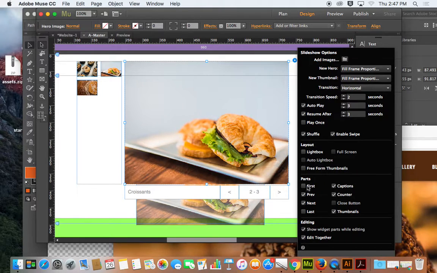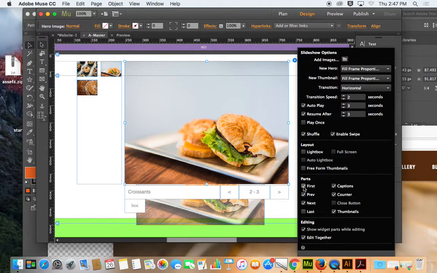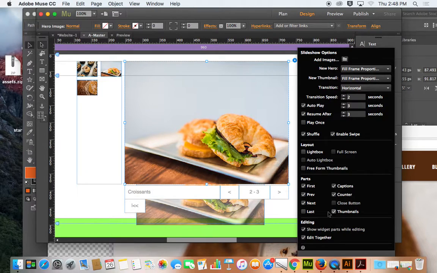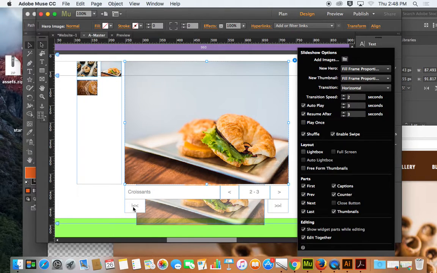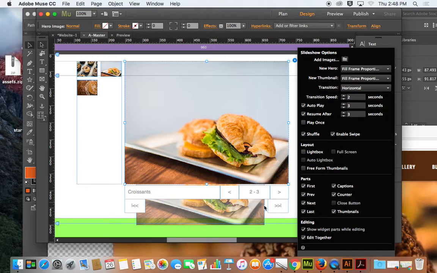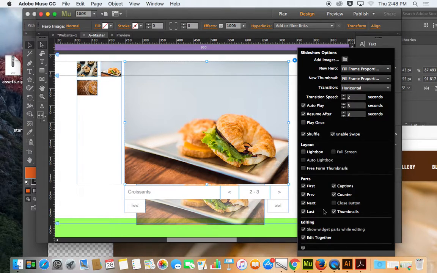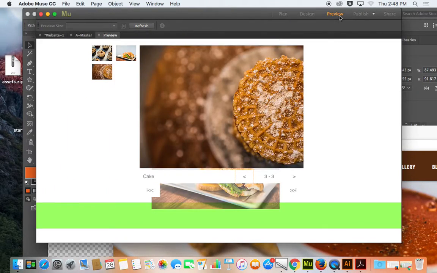And then you could also customize what you want your gallery to show. Whether you just want it to show the picture, or a button that lets you go to the first image, or if you don't want captions, you could have a button to close it. You could not show the thumbnails. So I could add a button. Here I'm going to add a button that appears down here that lets the person go to the first image. I'm going to add one that lets them go to the last image. And then I want these two that let them navigate through with the buttons. So if I were to preview this,